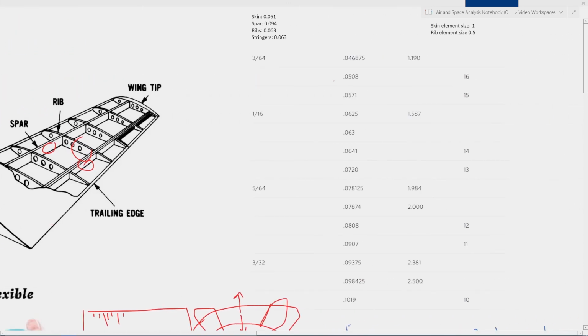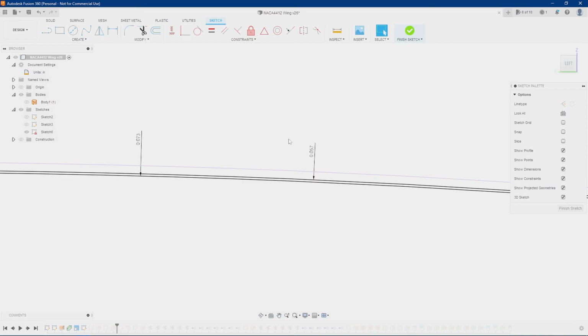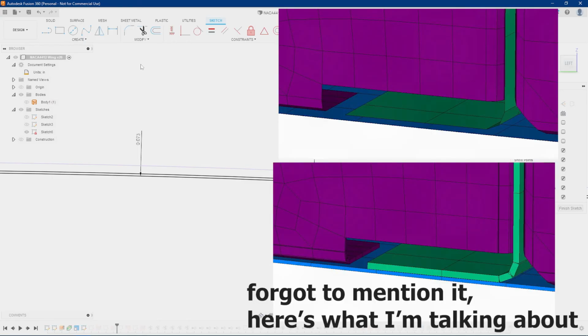For the skin, I went with 0.051. For the spar, I went with 0.094. And for the ribs and stringers, I went with 0.063. So when you're setting up a surface model, you want your surfaces to be at the middle of the actual thickness of the material. So then when you thicken it, the program thickens it, all of your distances are set correctly. And I'll show you what that means in a few minutes if that doesn't make sense once we get over to the analysis. But essentially, this